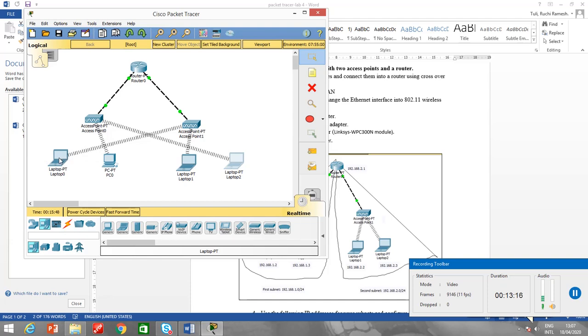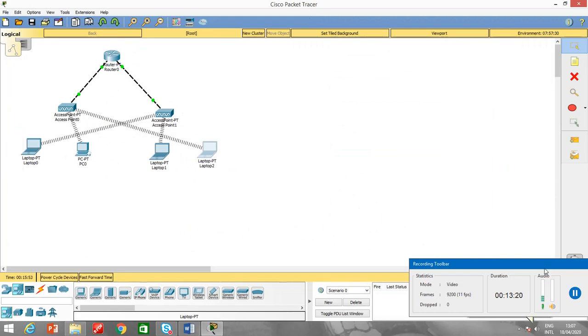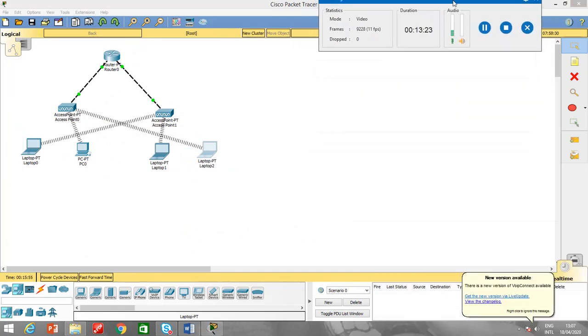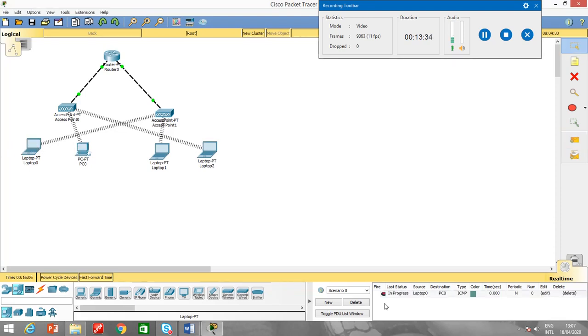For example, if I try to send a packet, let me check whether both of them are reachable or not. It's failed. Let me check it again. Let me check whether it can ping the router or not. Again, it's failed. Doesn't matter.